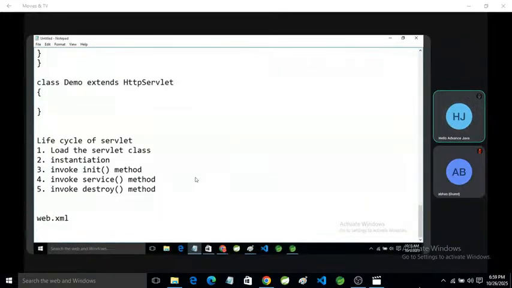I think you know that XML means extensible markup language. It is the extension of the HTML file, so it is similar to HTML, but there are a lot of differences between an HTML file and an XML file. In an HTML file, we use predefined tags like html, body, head, title, h1 to h6, bold, italic, a lot of predefined tags.